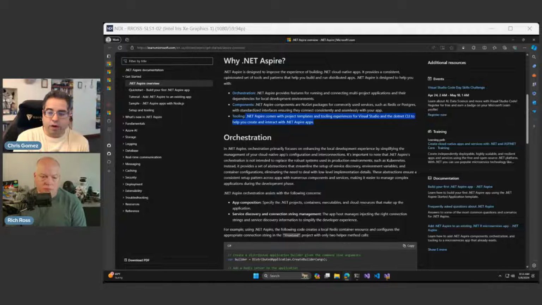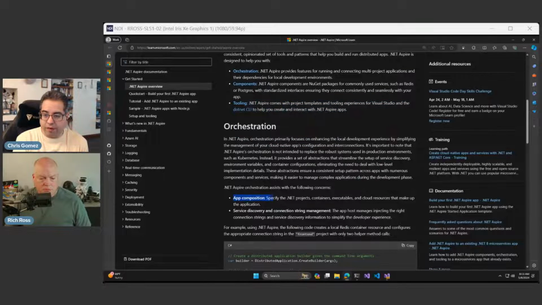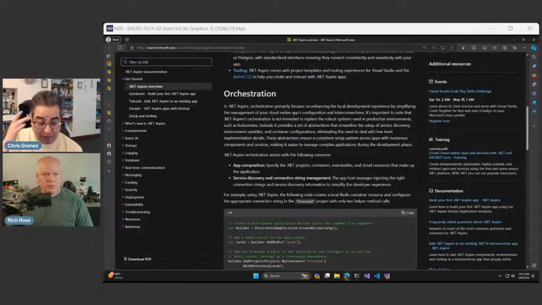And like they say in the orchestration section right there in the middle, .NET Aspire assists with the orchestration part of it anyway. It helps you with app composition and also with service discovery and management of how you connect to things, because so many of our projects need some kind of connection string that defines where the app goes to do its work. Mm-hmm. They're not just for SQL Server anymore, right? They're for everything. Right. So it manages that, and that's helpful. But the other thing that's really neat about it, as you can see as it goes down a little bit, is that